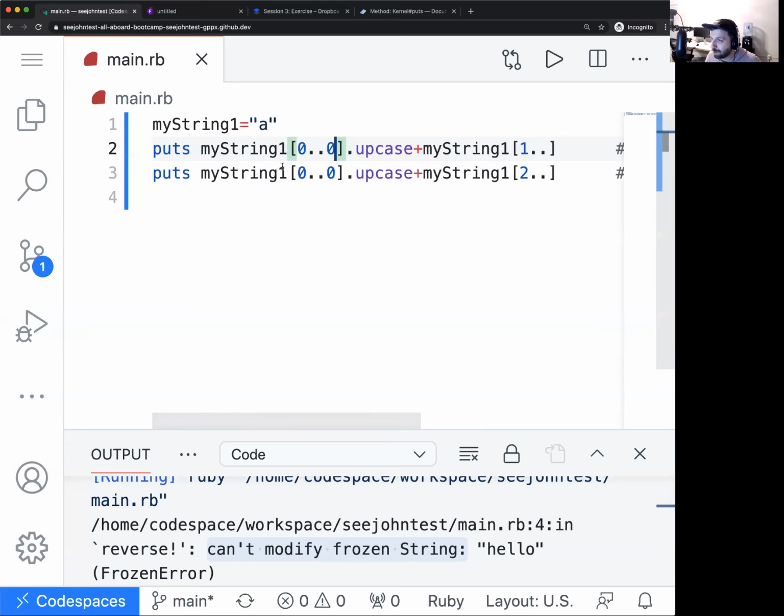First one does not throw an error. So 0..0. You're saying from the 0th position to the 0th position, including the thing itself. So that's going to put A, and then it's A.upcase. This one will also be A.upcase. So for the purposes of this, these are exactly the same. Now this is going to return